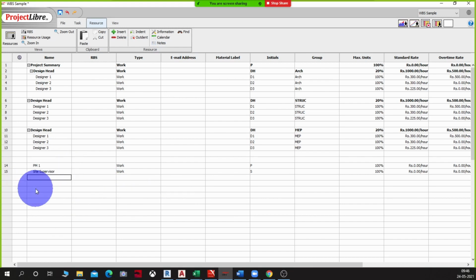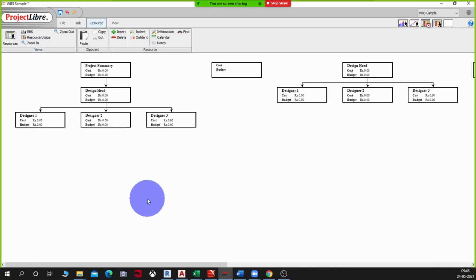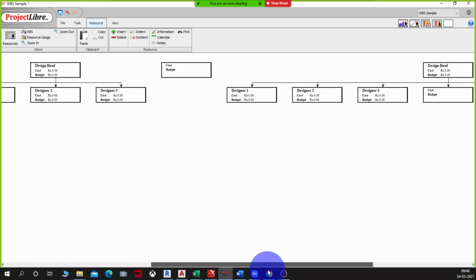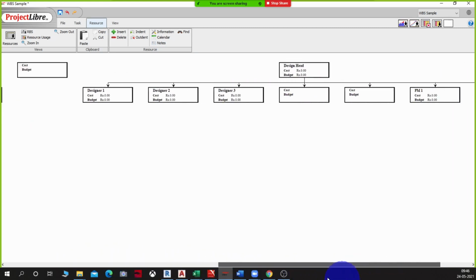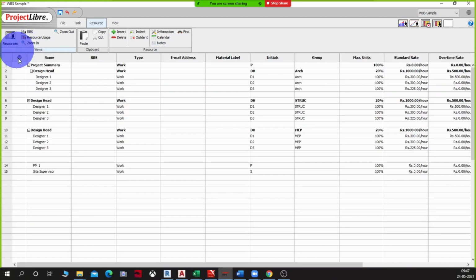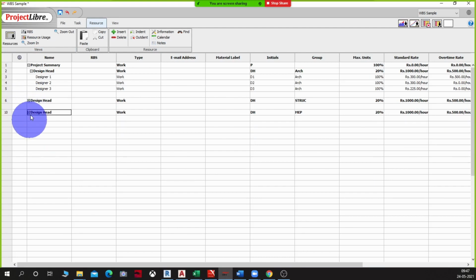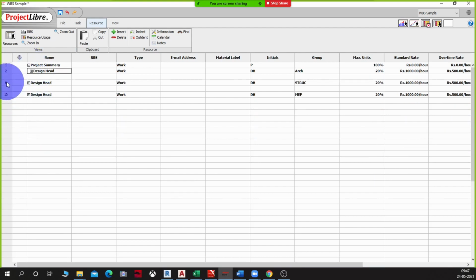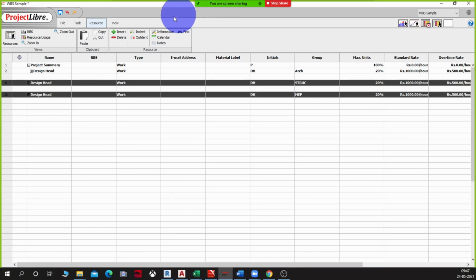Okay, so let's look at the resource breakdown structure now. Now you see there's a breakdown here and the others are looking flat. Right, that's probably because these two are not indented into my project summary.